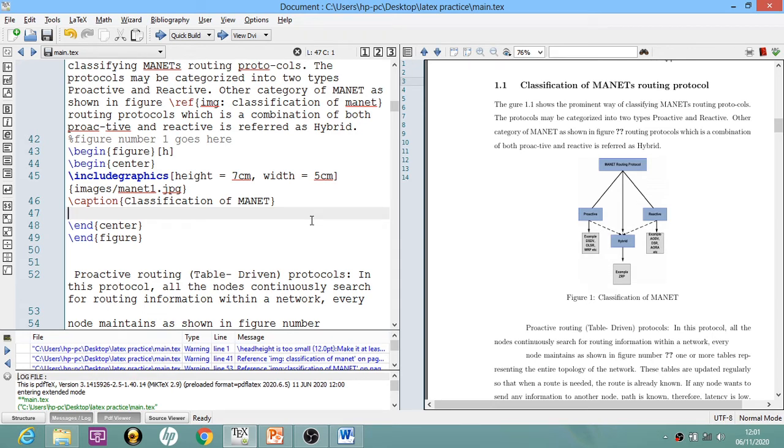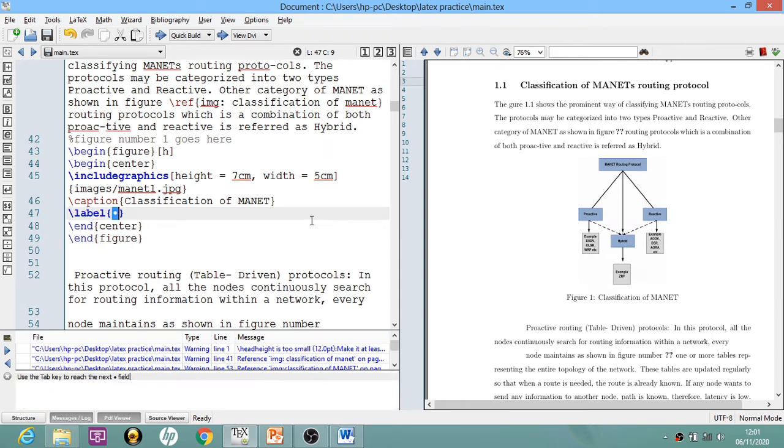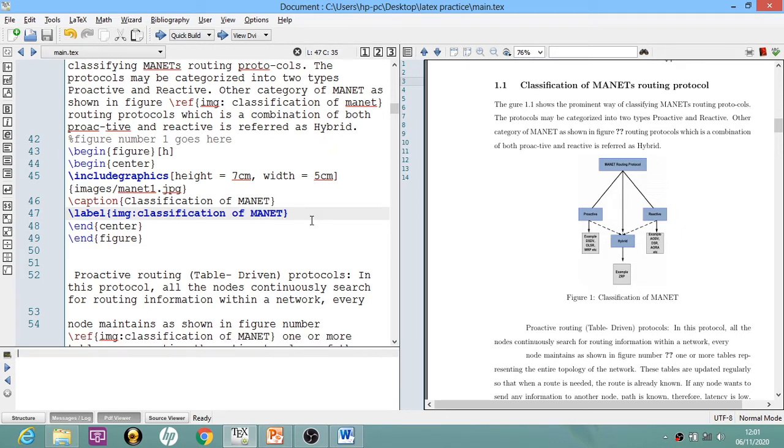To do so, you will write \label and then you will provide a name which will be used for referencing. So I will write image: classification of Manet. Remember one thing, you can name this label according to your convenience. This is my way of providing a label to an image.